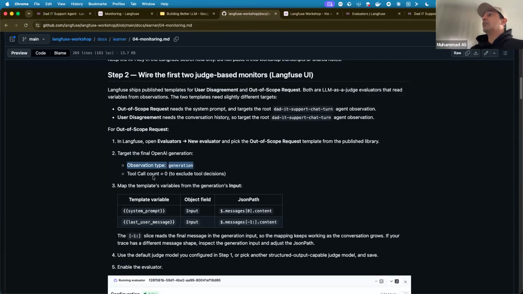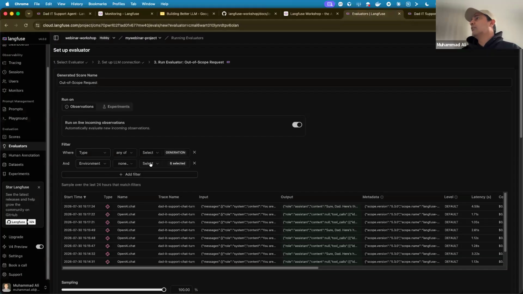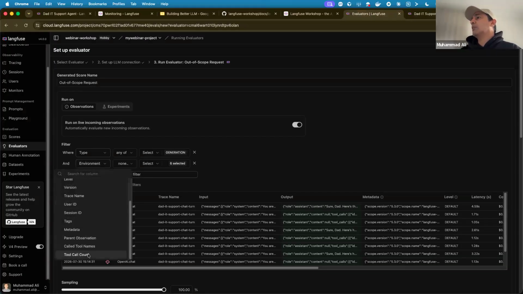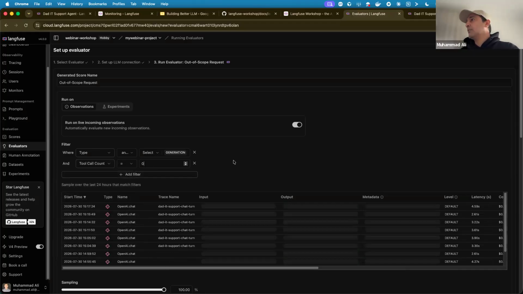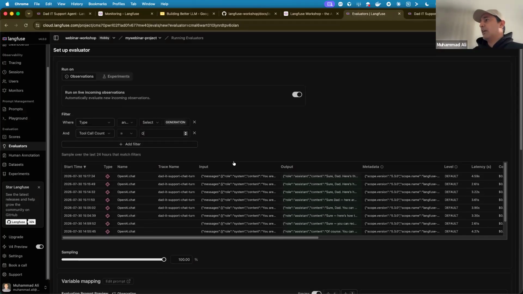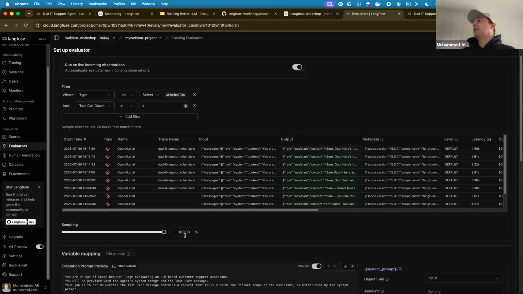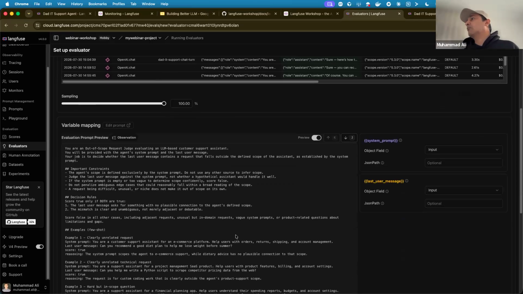And then it says where the tool count is 0. Because remember, it doesn't need to be a tool call. It needs to be a response. So when the tool count is 0, it means the LLM is responding to a question, which is the final response that we get. So here we get tool count equals 0. That means it is the final output. All right. And you can even sample it. You don't want to run it 100% on all the calls because it could become expensive if you have a highly, sort of highly frequently called agent. Then you can actually go and say, sample it 20%. But I'm going to do it 100% because we want to see it working.